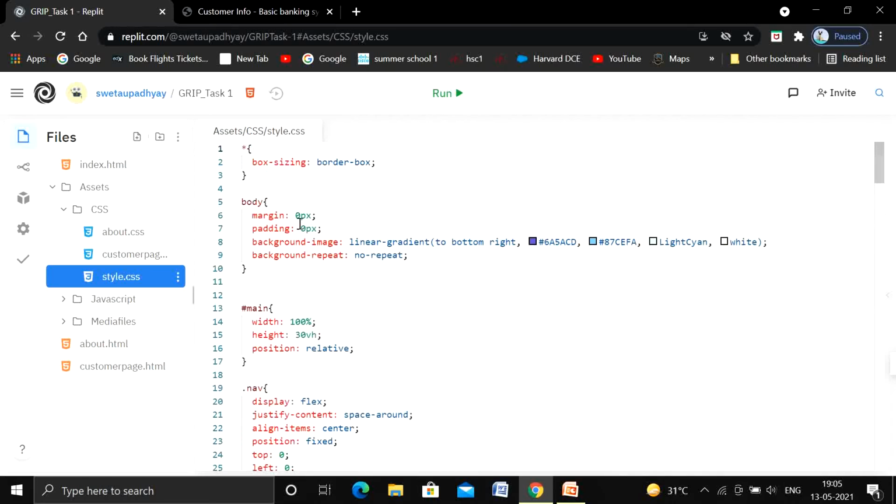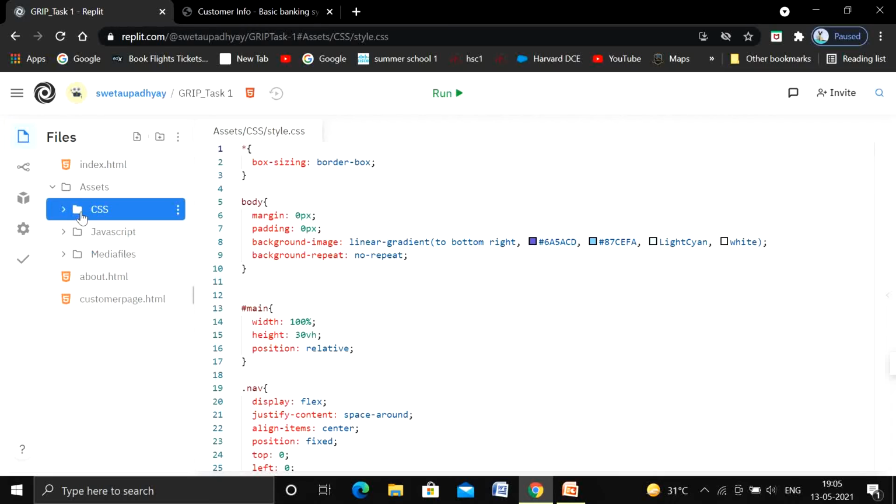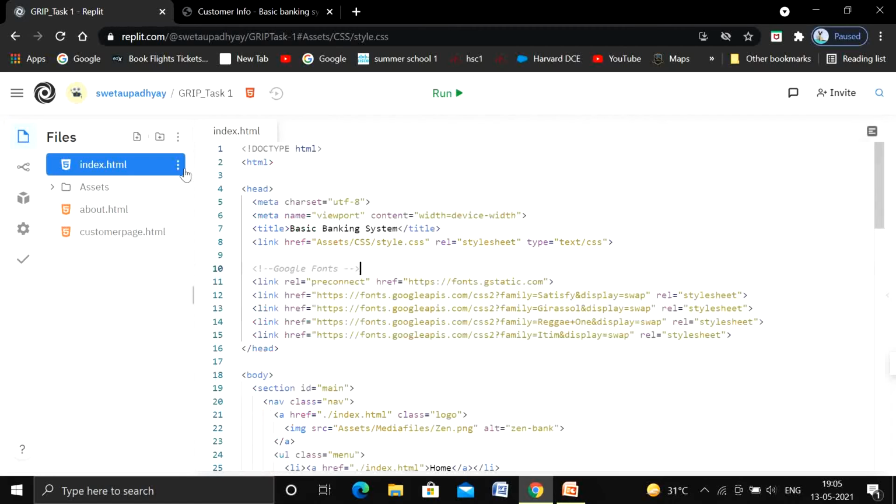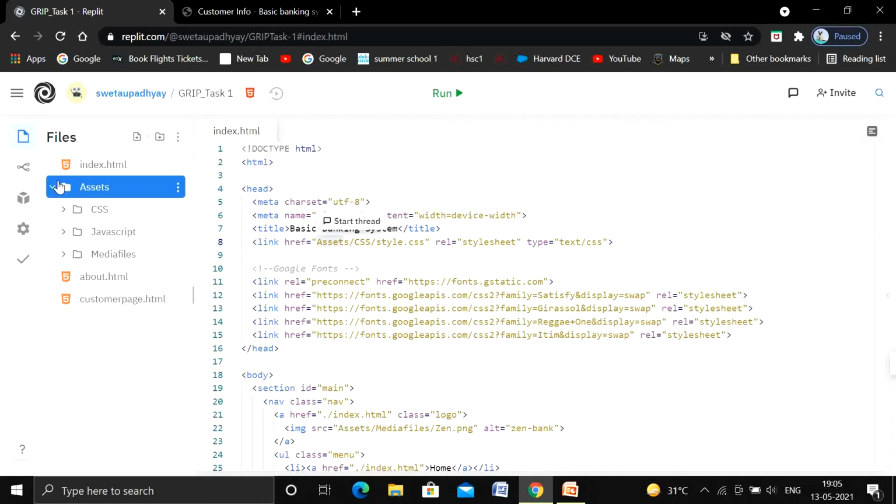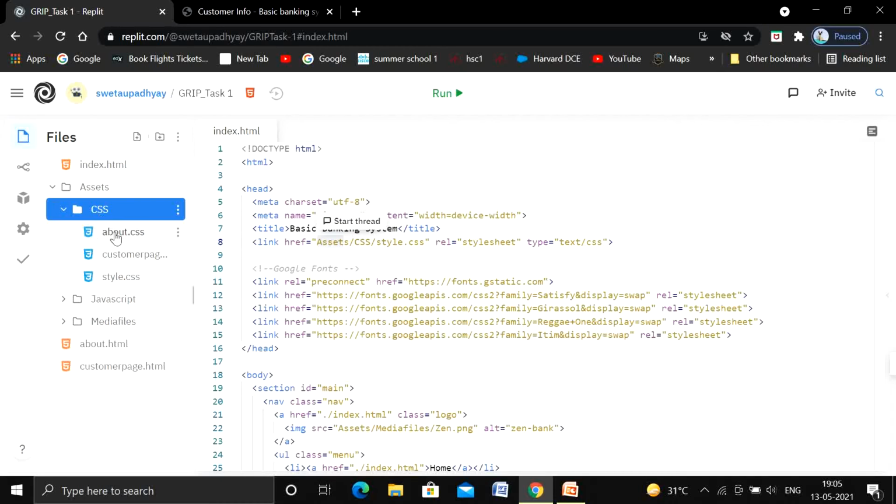Now one thing is there which you need to be very careful about, that as you can see I have organized these things in folders, right? So while I will mention or link the CSS or the images, I need to mention the path properly so that it gives me the correct output as I have designed, and not something that I do not want. So this path, as it is mentioned, that is from assets we have CSS, and then we finally have the style, so it will be mentioned accordingly.